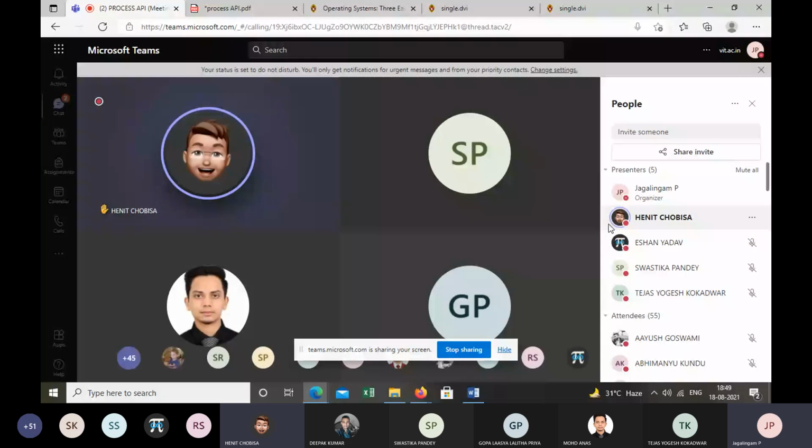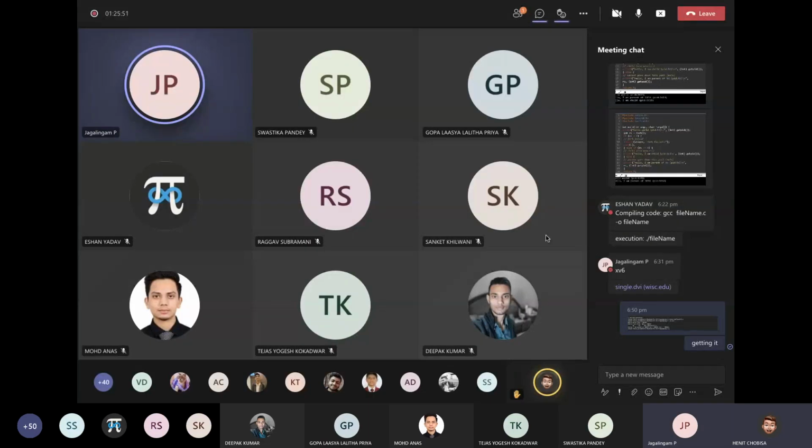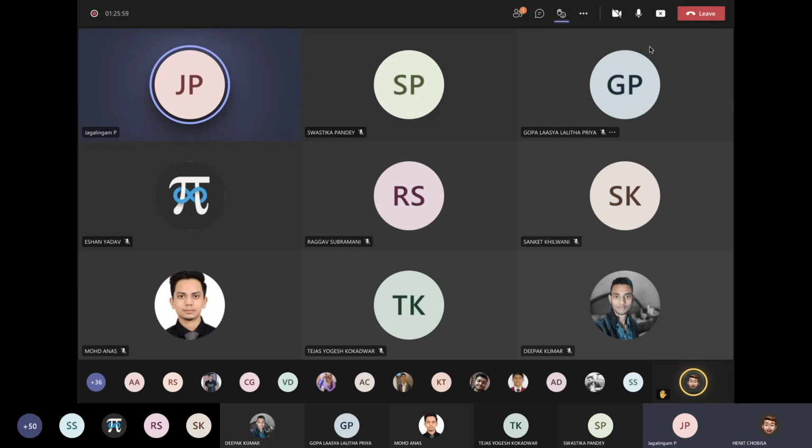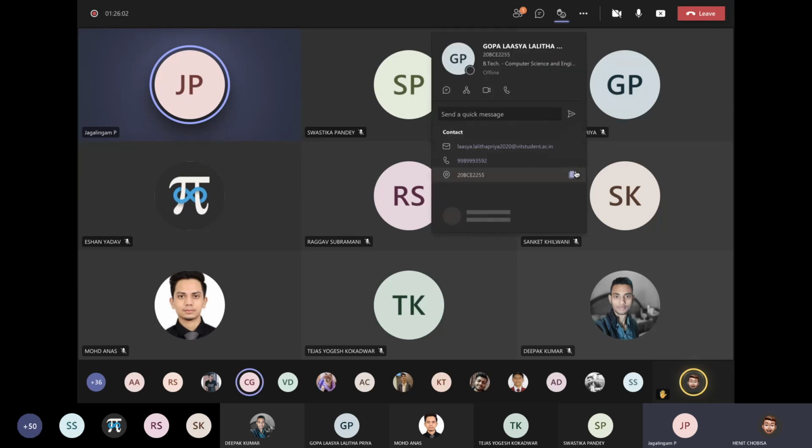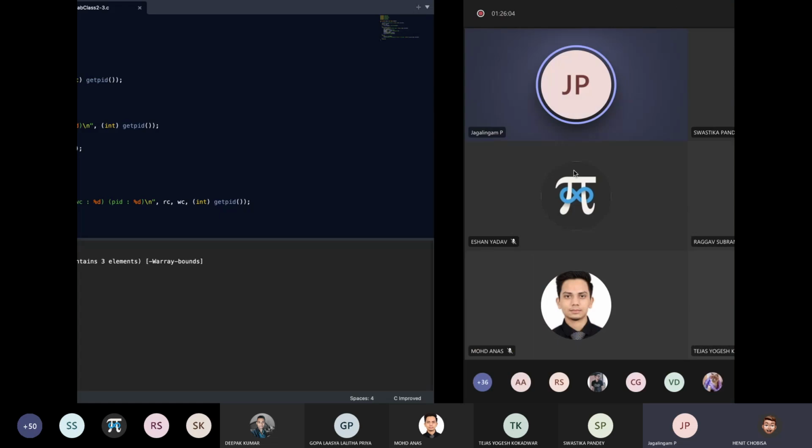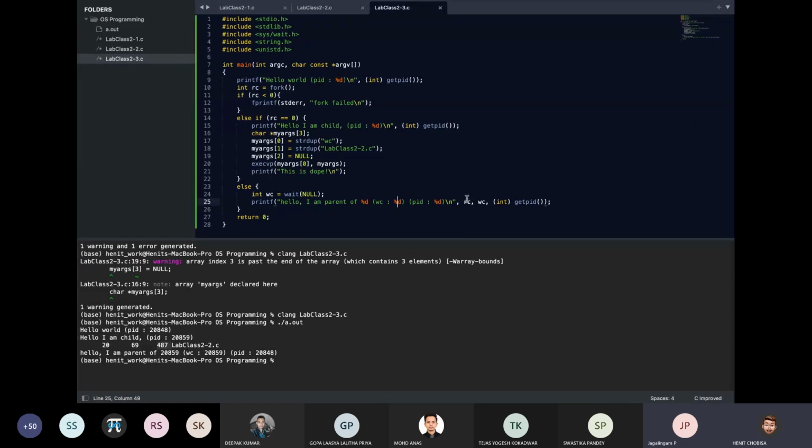So I share. I think we are not able to see it. So I'm able to see it. I think the people who use an online compiler may not get this. Why? Okay, we'll come to that later. First, let us complete Henit. First, let Henit do the job. So if you can see my screen.